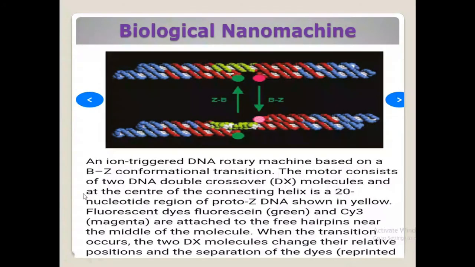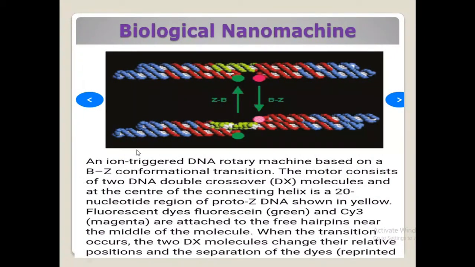And this is another biological nanomachine, but this is not a protein nanomachine, it is a DNA machine. Here it is a DNA molecule. This is one strand of the DNA, and another is in another DNA molecule. Here Z to B conversion, here B to Z conversion. So DNA can be interconvertible between the Z form and the B form. That interconvertibility of B to Z or Z to B happens because of the movement of this DNA molecule, because it is a biological molecular nanomachine.